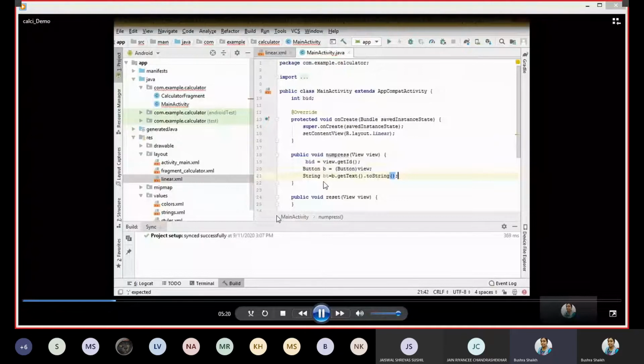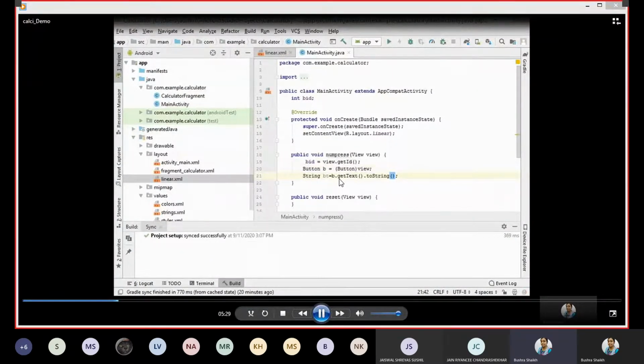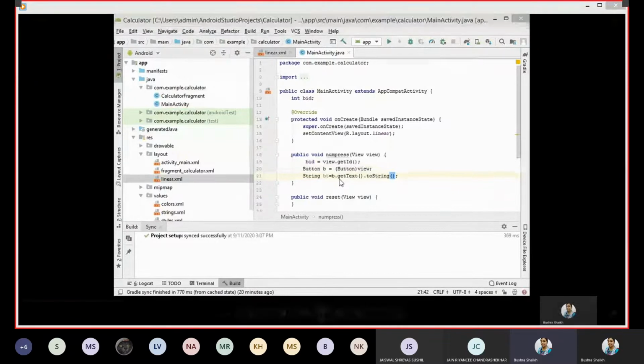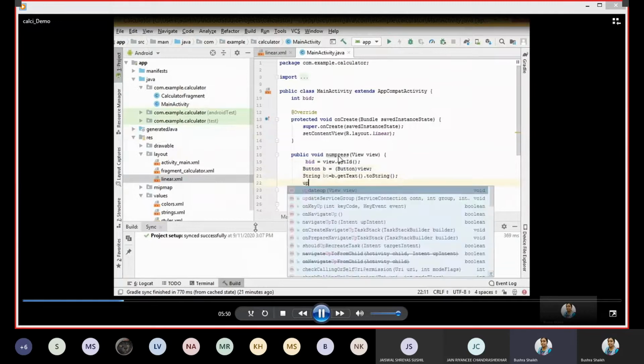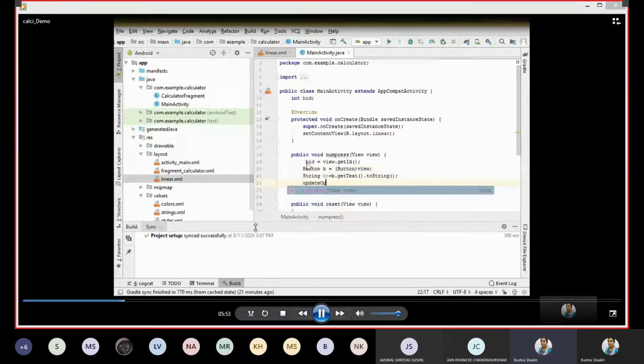So next, what we are doing is getting the text, the caption of the button. So whichever button we click, like 0, then 0 would be fetched; 1, then 1 would be fetched. So likewise, for any button that is clicked, its caption or its text would be fetched and stored inside this other string which is named BT. Okay. So these are the two main steps, the main code that we have so far written inside the numpress. This one is optional as of now.